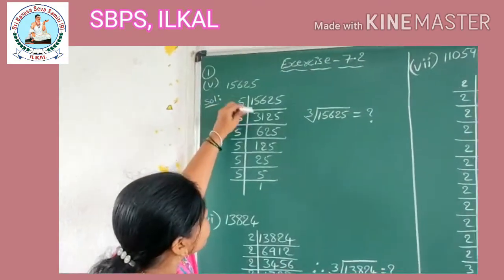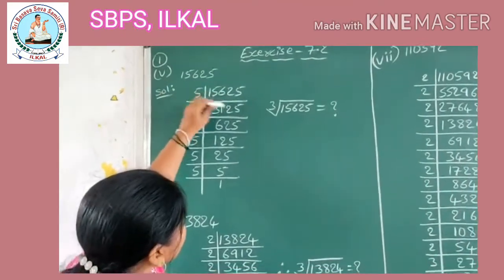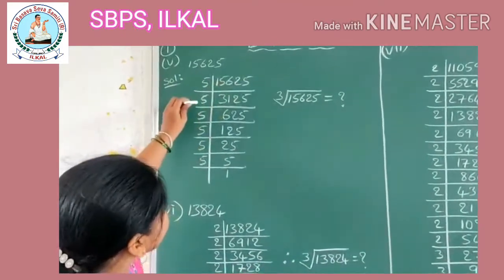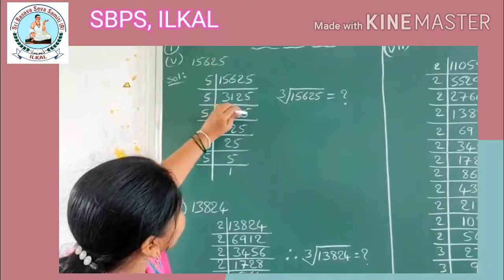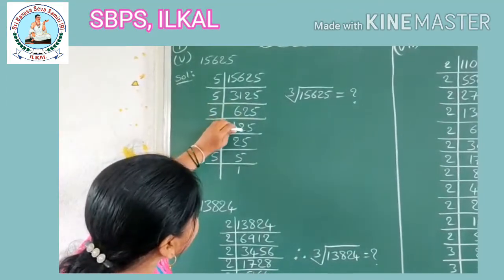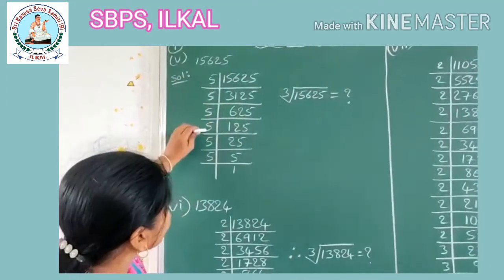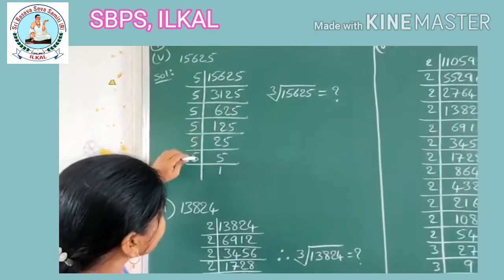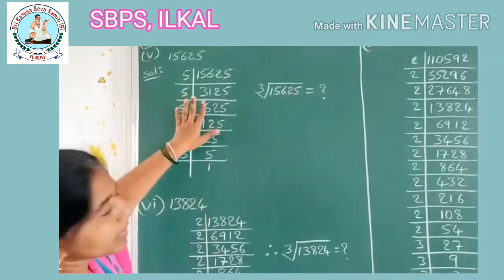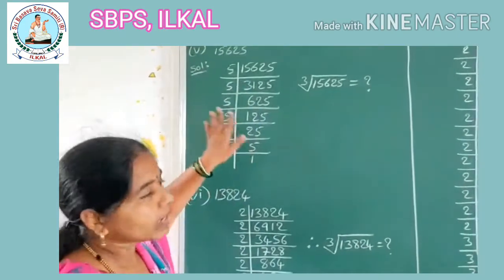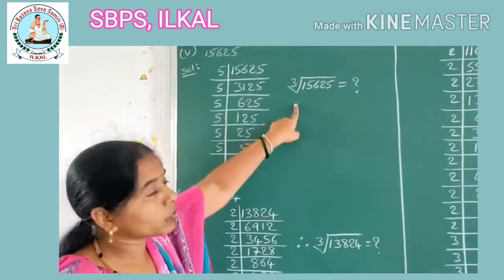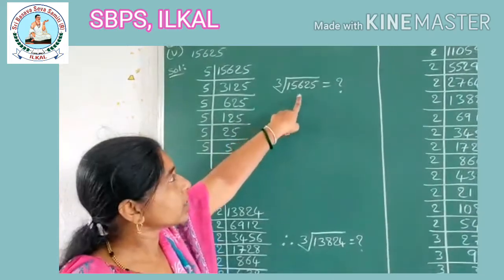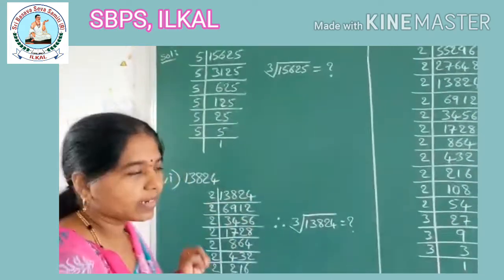15,625. Dividing by 5 repeatedly, 5 3s are 15, 5 1s are 5, 5 2s are 10, 5 5s are 25, 5 6s are 30, 5 5s are 25, 5 1s are 5. I have given the complete prime factorization, children. You write neatly and then find the cube root of the given number, that is 15,625. Okay. Next one,